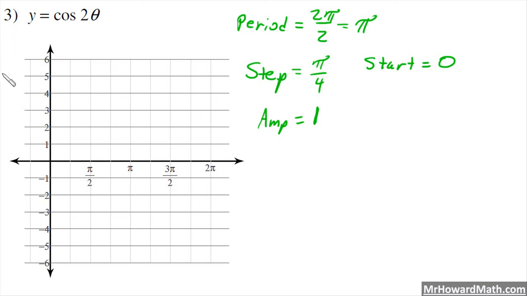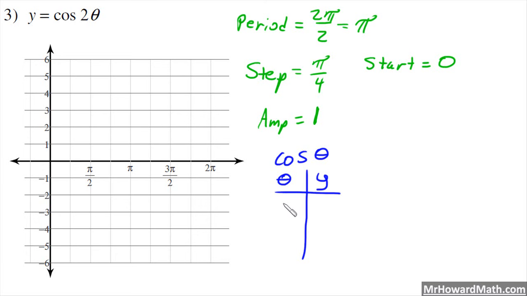Now we have step 3 on our chart. Fill out your table, making the changes identified in step 2. Make sure to establish a common denominator between the step and starting theta value. When your starting theta value is 0, you don't have to worry about that. Okay, make sure that you understand that. When your starting theta is 0, like normal, don't worry about making the common denominator. It doesn't matter. All right, so let's make the original table, cosine theta, and I'm just going to use y